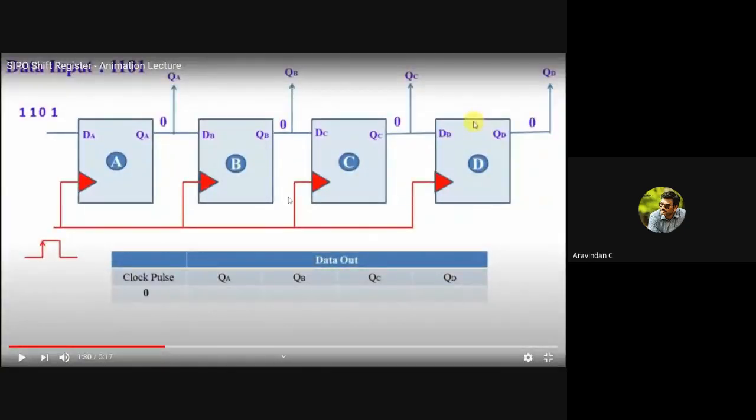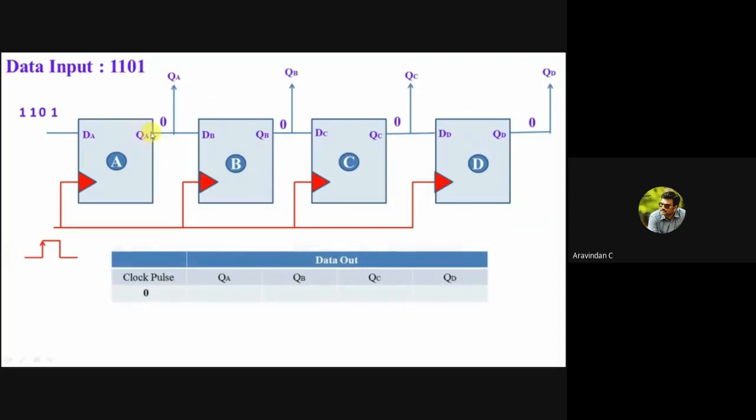Okay, so this concept is serial in parallel output. Just to see how the data is transferring from one flip-flop. Serial input and parallel output shift register. Here, the first flip-flop output is connected to the input of the second flip-flop as well as the output QA. And the second flip-flop output is connected to the input of the third flip-flop as well as the output QB. And the third flip-flop output is connected to the input of the fourth flip-flop as well as the output QC. And the fourth flip-flop output is called QD. These QA, QB, QC and QD are the data outputs.